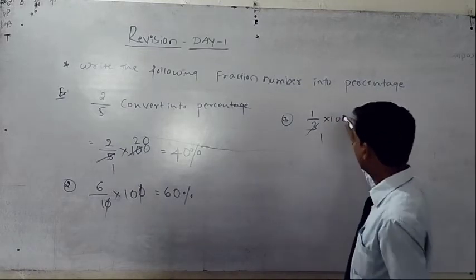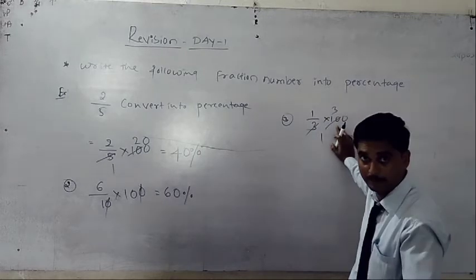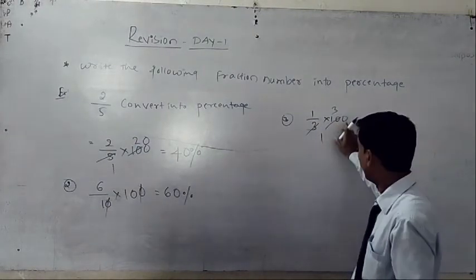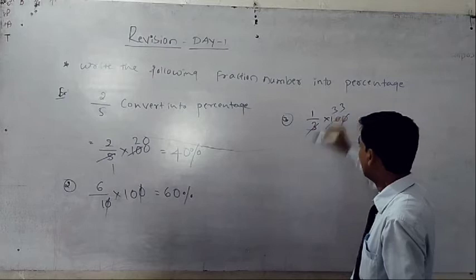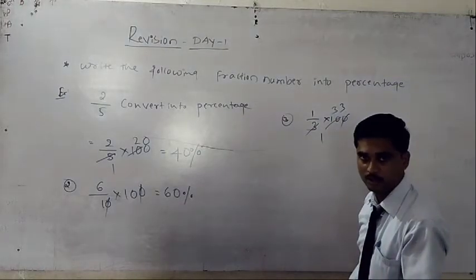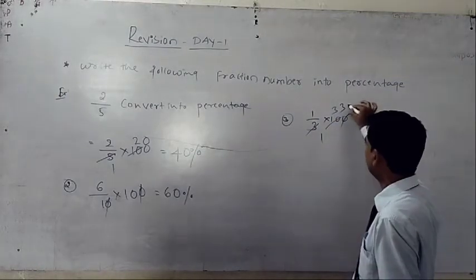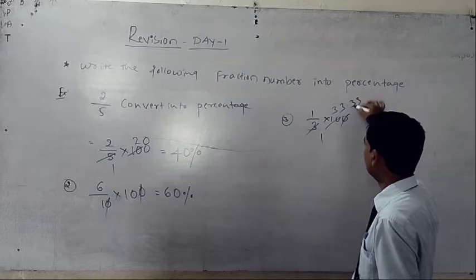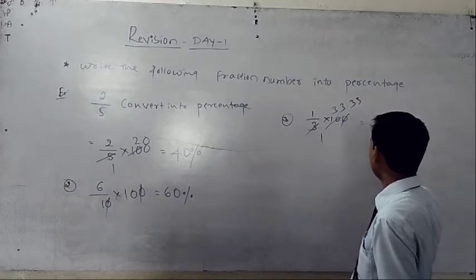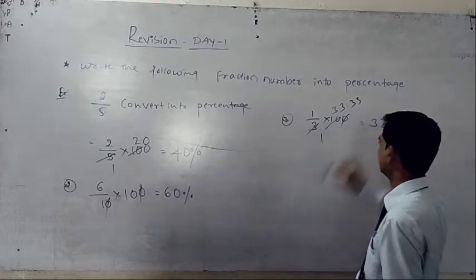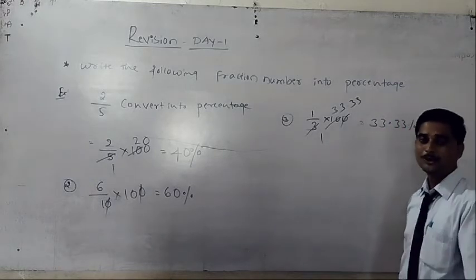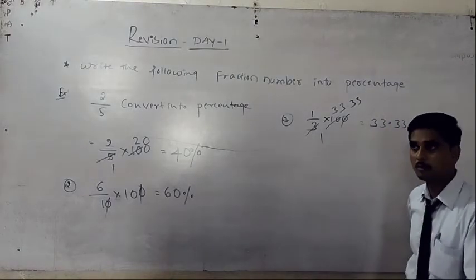3 ones are 3, 3 threes are 9. Remember that 3 threes are 9. 1 is remaining again. 3 threes are 9. Okay. Then again 3 threes are 9 and 3 threes are 9, so 33.33 percentage. We are calling that. Now what is your percentage? Sir, my percentage is